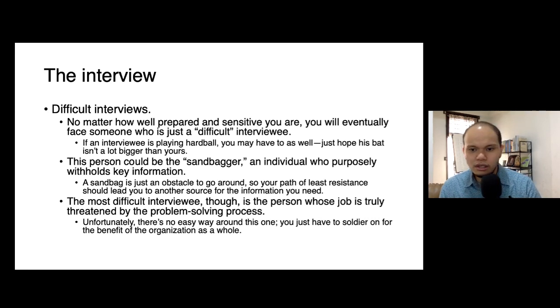And what you do is you try to navigate through that. You try to find the path of least resistance. But if you think that the interviewee will not get you the information that you need, don't waste a single moment. Adjourn the interview, move on to something else, and hopefully you can get whatever information you've been hoping to get from that person from others, right?